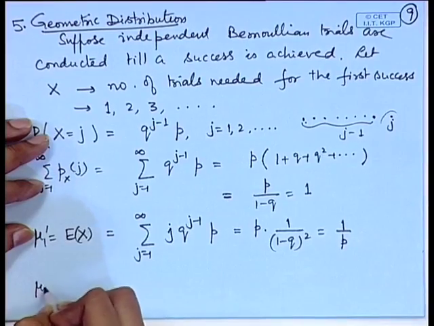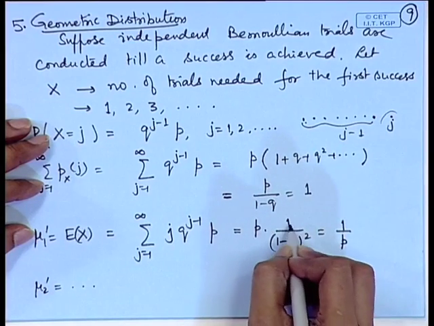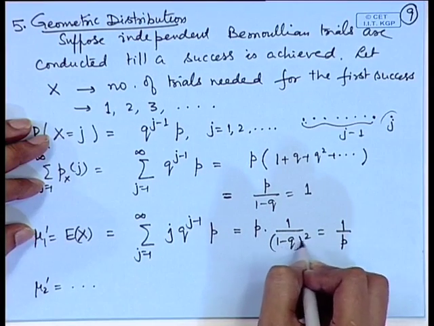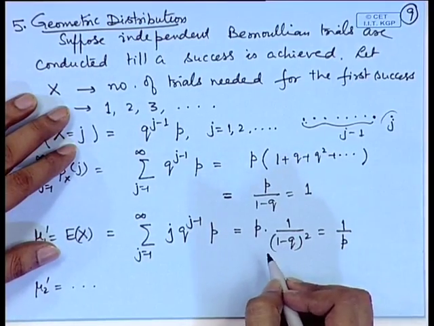Suppose we are having a die where the probability of a 6 is say 1 by 6. So, you will need on the average 6 trials to get the first 6. Now, if we want to calculate say mu 2 prime and so on, then we will need to consider the expansions of 1 minus q to the power minus 3 and so on. So, in general we will be making use of the